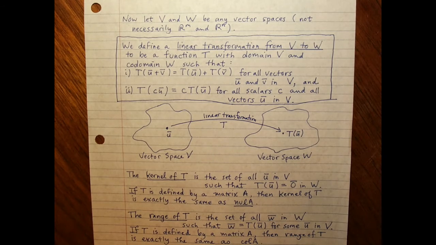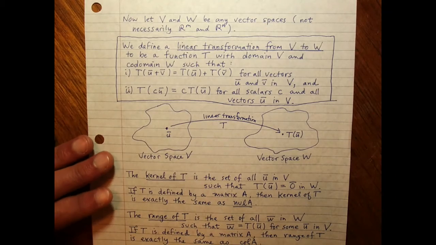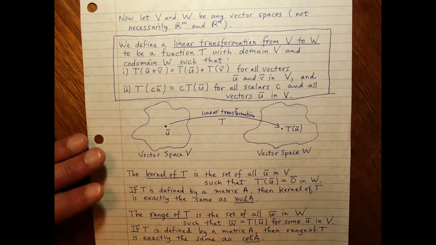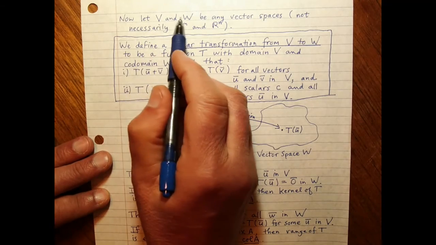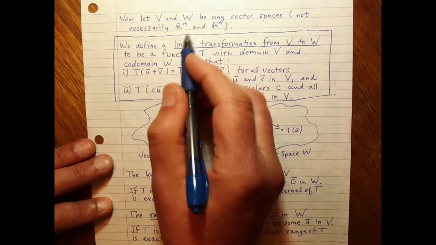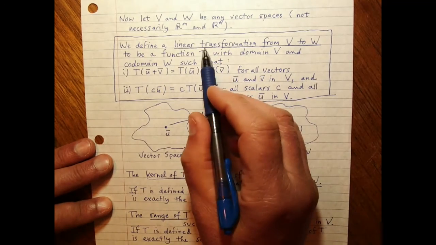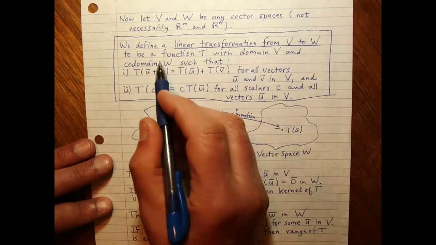Now, a lot of this might seem like repetition on this page, but all we're doing is taking language we used for Rn and Rm spaces, and we're now going to apply that language to abstract vector spaces. So we're going to call V and W any vector spaces, not necessarily Rn or Rm. And we're going to define a linear transformation from V to W, from one vector space to another, to be